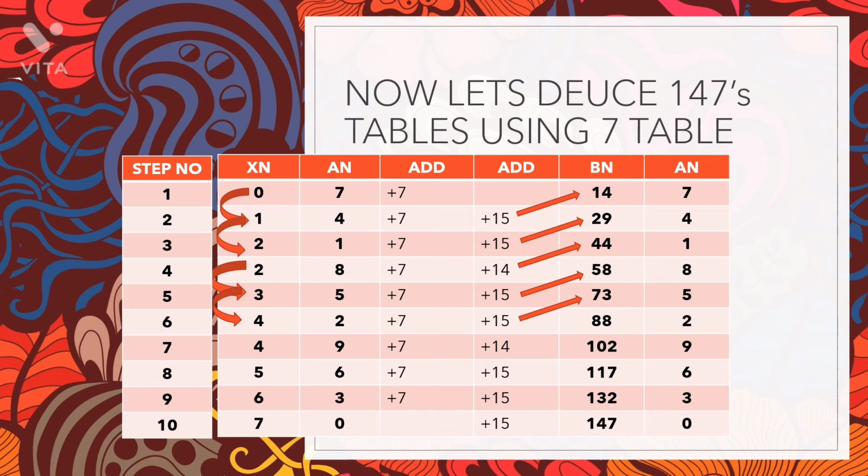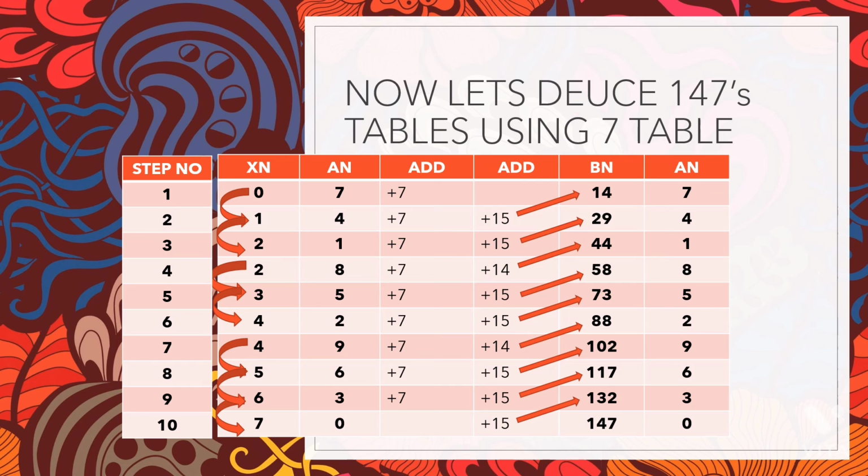Now again we check, but in this case it's similar, so we'll add the value 14 to 88 to get the answer 102. Now again we check. Here x7 is not equal to x8, so we'll add 15 to 102 to get the answer 117. Now again we check, x8 is not equal to x9, so again we add 15 to get our answer 132. Now again we check. Again they are not similar, so we add 15 to 132 to get our final answer 147.